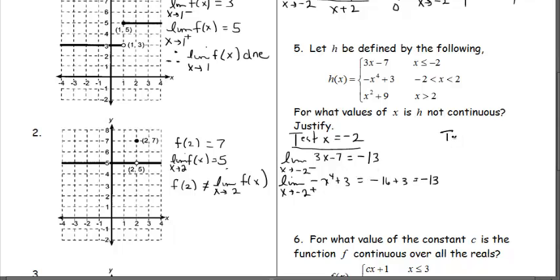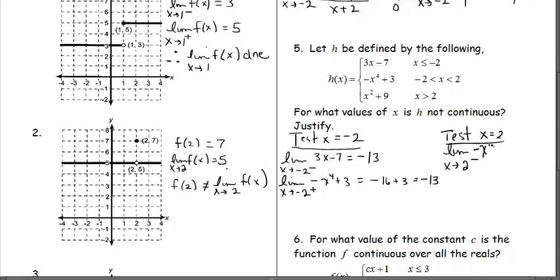So the only place possibly where it wouldn't be continuous would be at x equals 2. So let's do that test. You're just going to plug in 2 to each of these pieces, see if they're equal. Formally, that's the left limit notation. So as I approach 2 from the left,